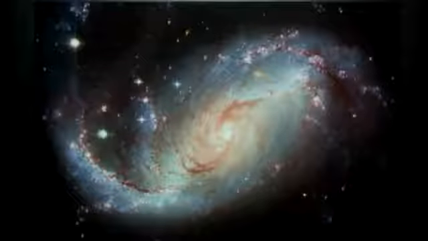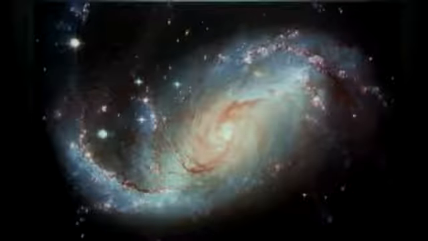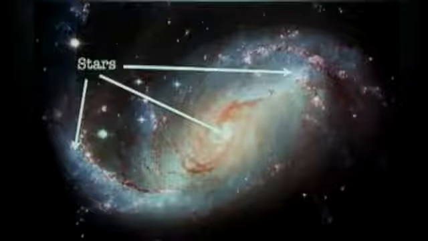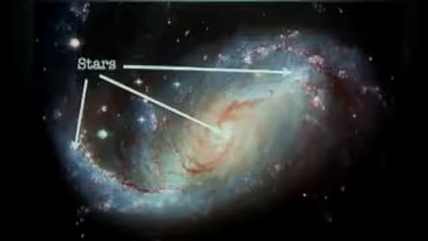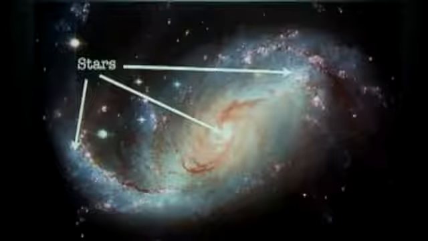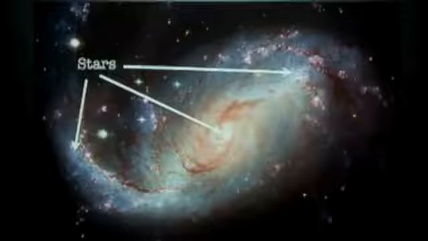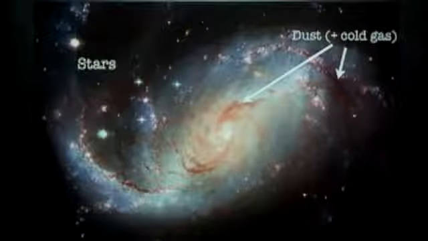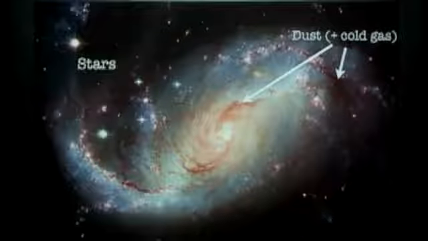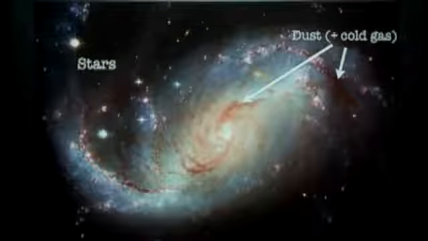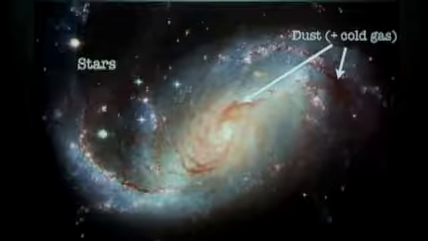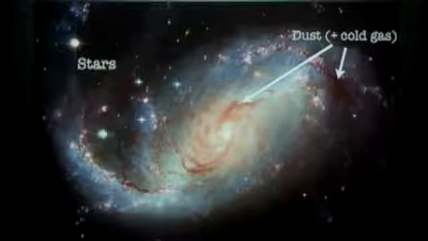All right, so we've been asking this question, what are galaxies made of? We've seen that galaxies contain a lot of stars, right? That's what's providing most of the luminous, visible light that we're seeing coming out of these galaxies. We've also seen that galaxies contain dust, these dark, obscuring bands that we can see absorbing light and making dark patches in the galaxy, obscuring the stars that lie behind them. And where we see dust, we often also see cold gas. So the dust and the cold